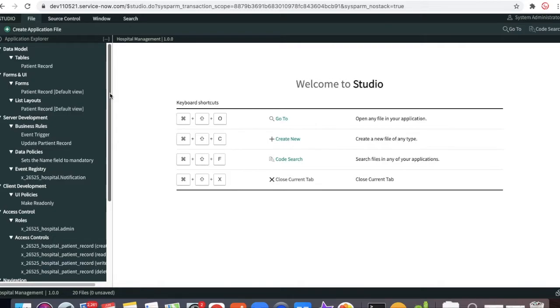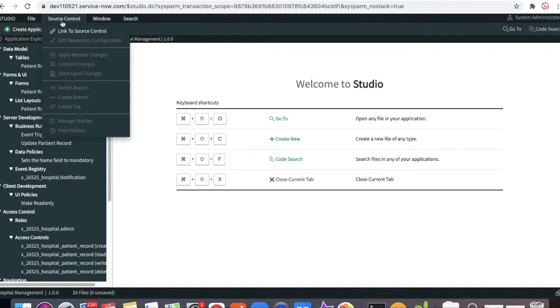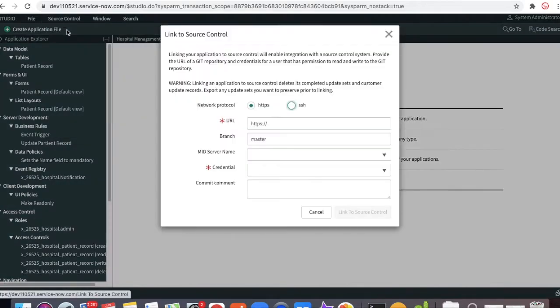So you can see there is one option at the top, Source Control. Okay, so using source control we can put that data to any of these Git repositories. So click on the link Git, link to source control. You have two options, one is HTTP, another is SSH. Today I'll show you how you can store using HTTPS. So first of all,